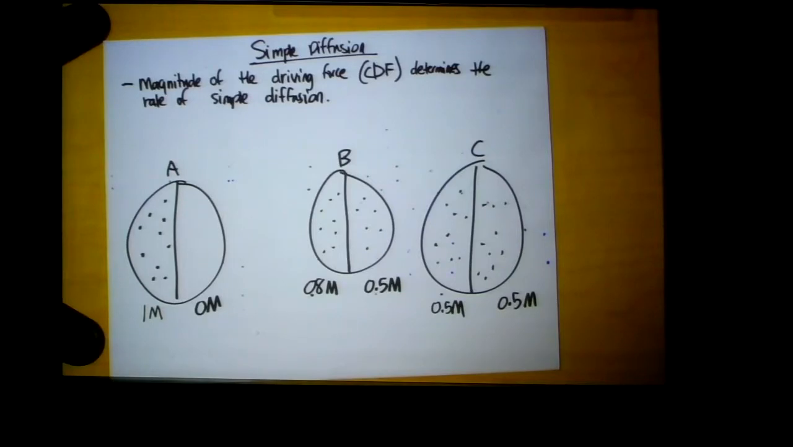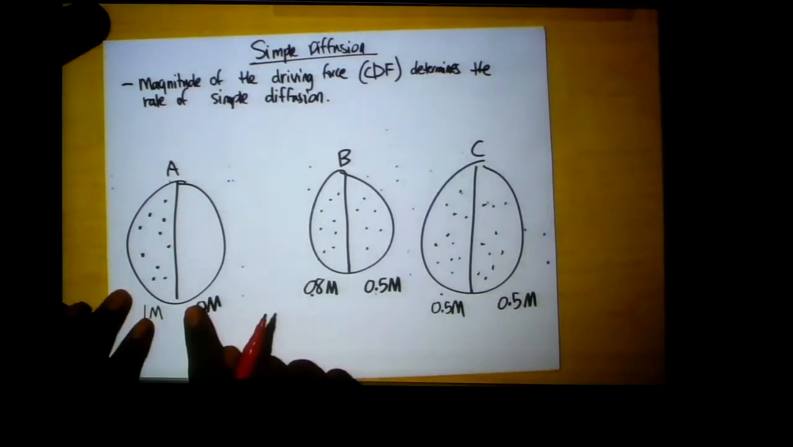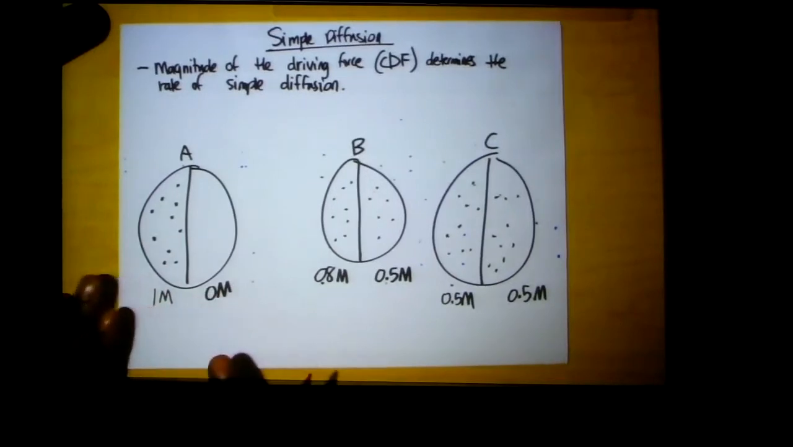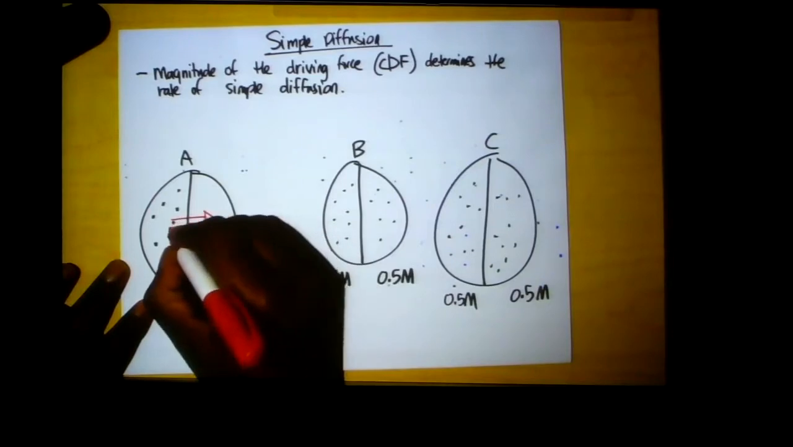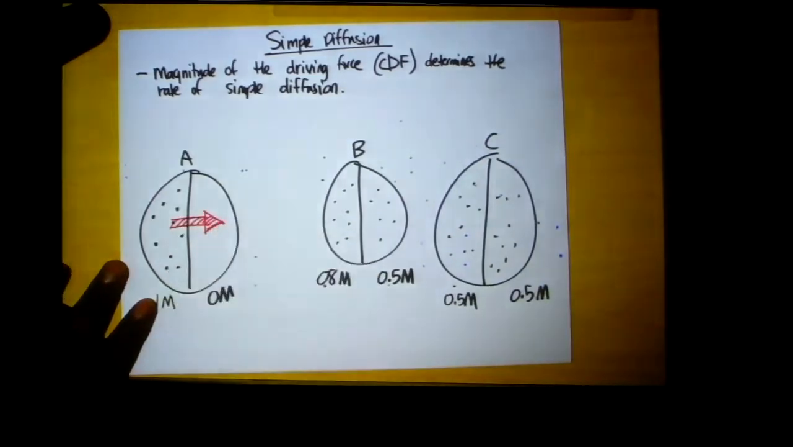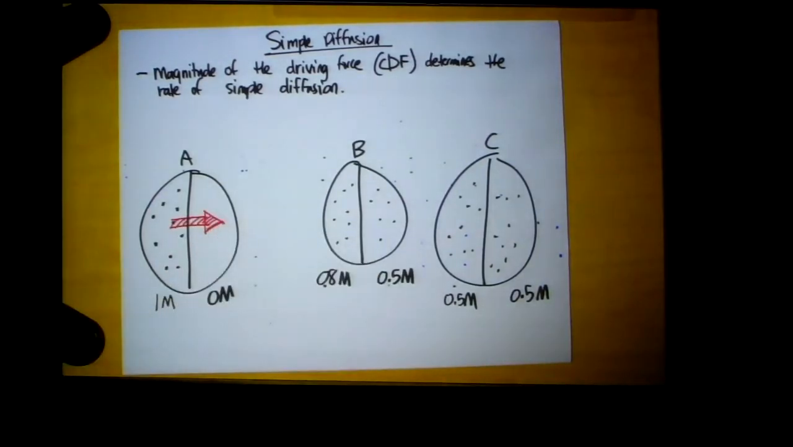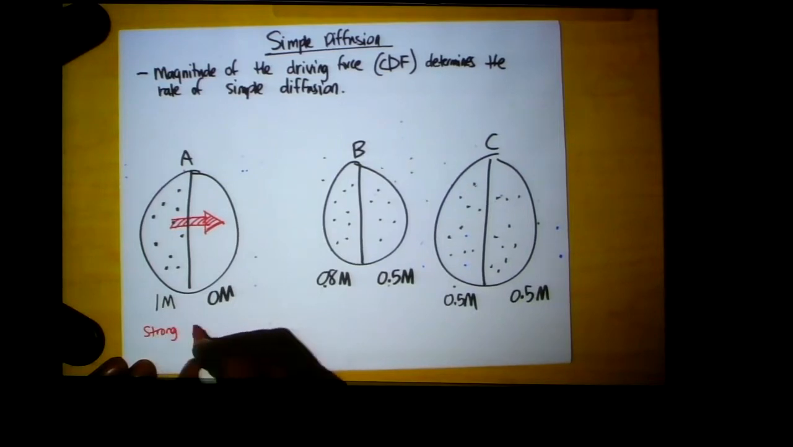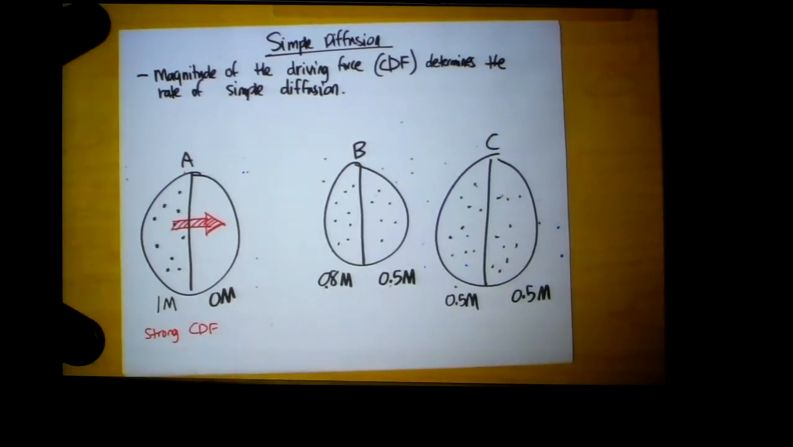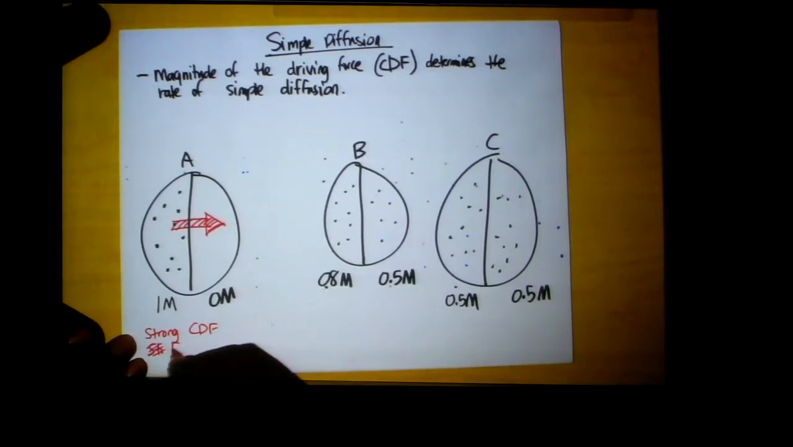All right, so what we'll see here naturally is that in cell A, in this first scenario, we have a much stronger force, right? And the reason we have a stronger force, as well as a stronger rate of movement across this membrane, is because we have a strong gradient. We have a strong chemical driving force, right? That gives us a faster rate,